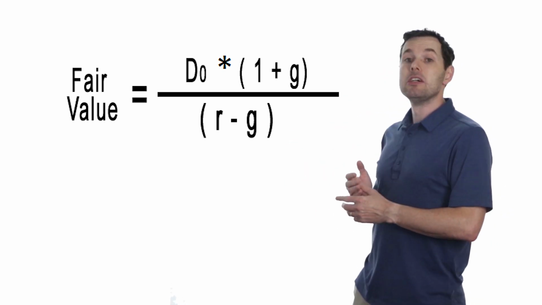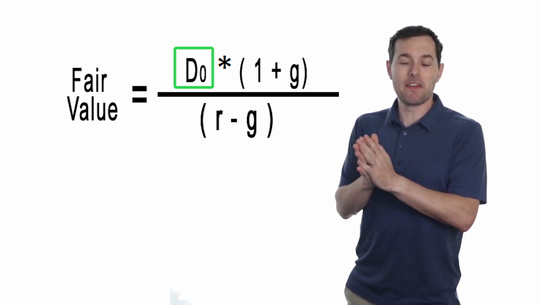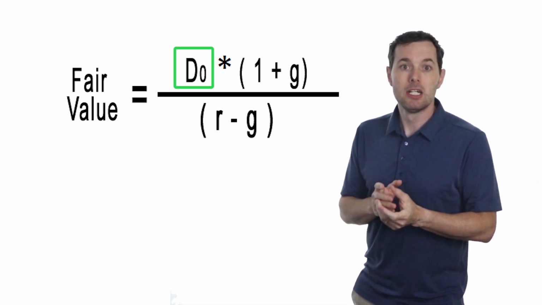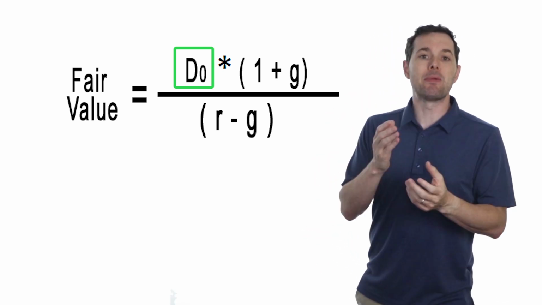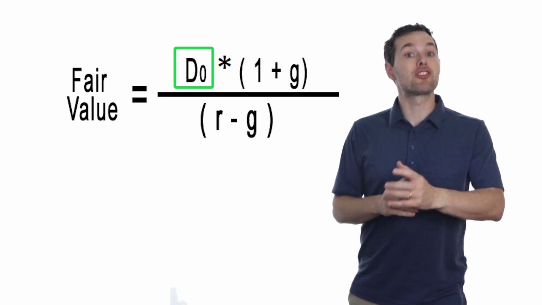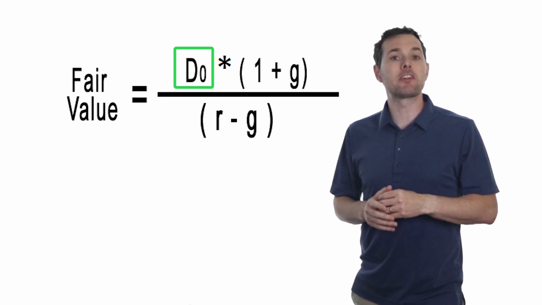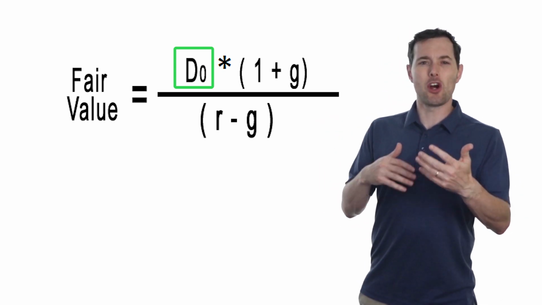So what are we looking at here? D0 is the dividends that have been paid out today. So let's say the dividends that have been paid out over the past year. This information we're going to get from Yahoo Finance once again. In this first example, we're going to use Johnson & Johnson. They're a mature company and they've been consistently increasing their dividends for a long time. That's sort of the target profile we're after with this type of valuation technique.